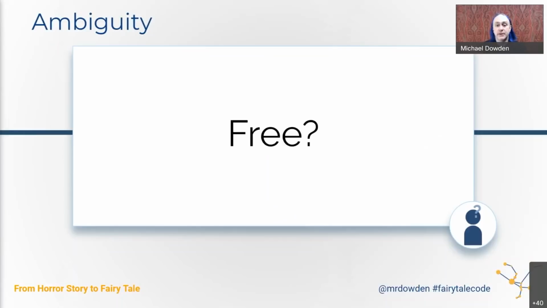Do I mean free as in popcorn, or do I mean free as in free to use however I want? Free as in freedom, or free as in free of cost? There are always different nuances to the words, and if that nuance matters, if that difference in understanding matters, then we need to provide enough context to allow the reader to make the right decision, because this is ambiguous.